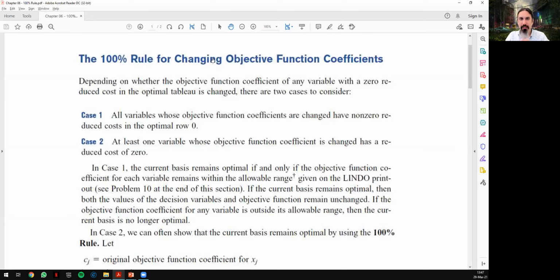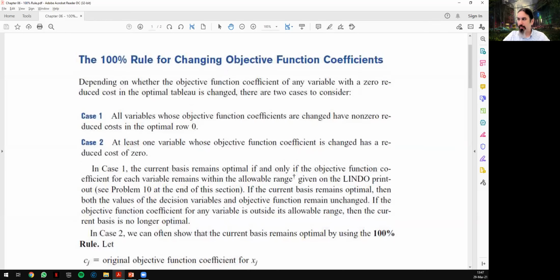Now, it's called the 100% rule, and the rule says that we have 2 cases. The first one is all variables whose objective function coefficients are changed have non-zero reduced cost in the optimal row 0. Non-zero reduced cost means all the coefficients we have picked come from non-basic variables, because they have a reduced cost greater than 0. Or at least one variable whose objective function coefficient is changed has a reduced cost of 0, so it is a basic variable, or part of the